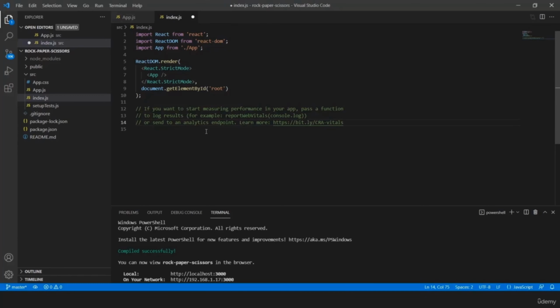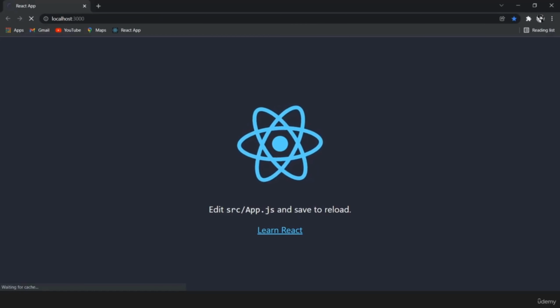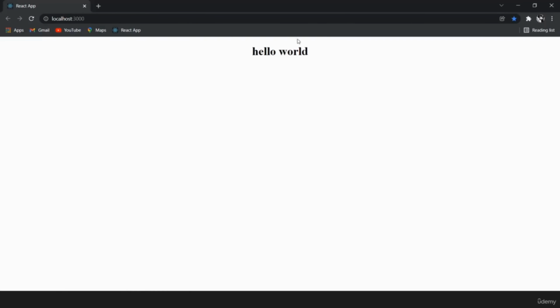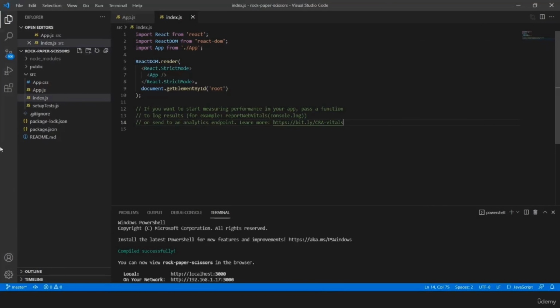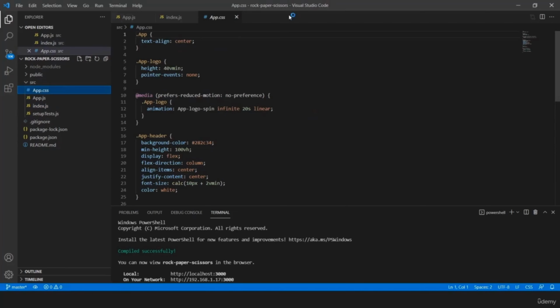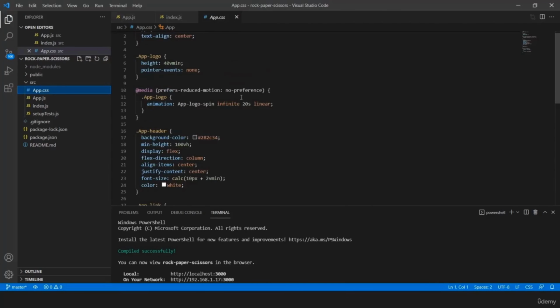Now when I save this and go to our browser, we can see hello world. So this will be the basic setup. Now our React application is ready for further development. We also need to do a couple of changes in the App.css file. We'll remove all of this part,